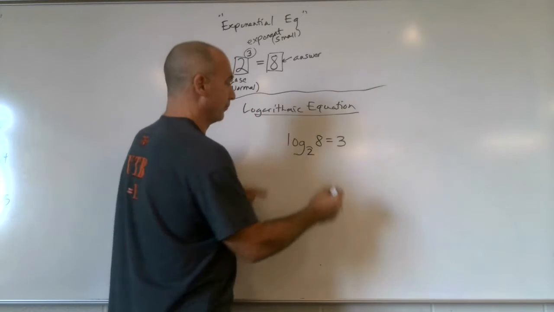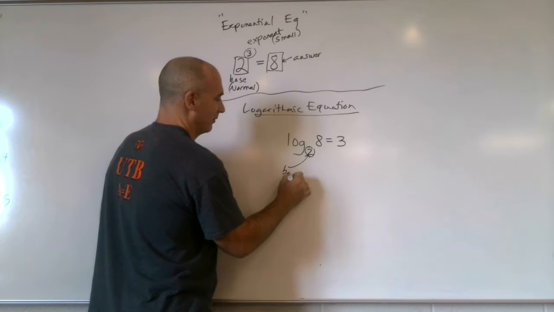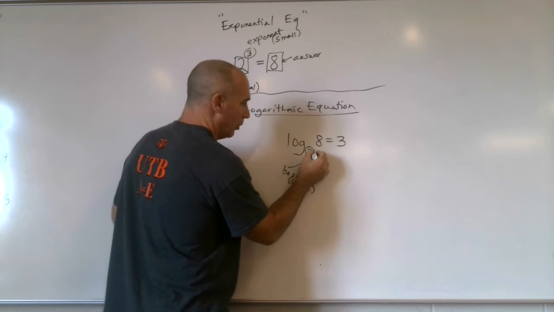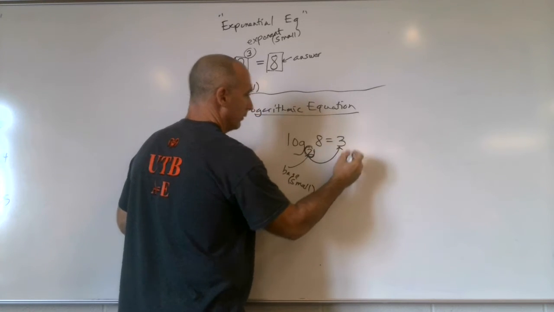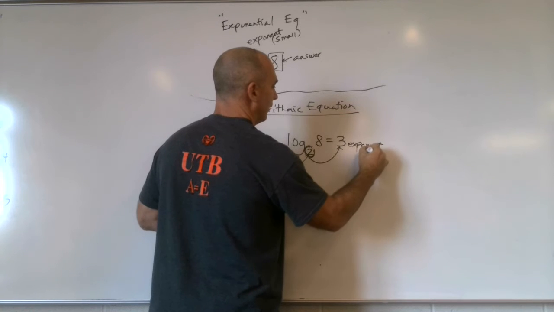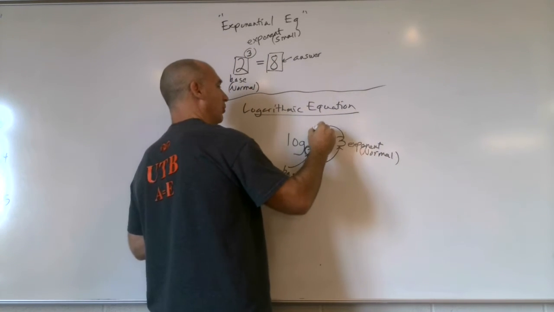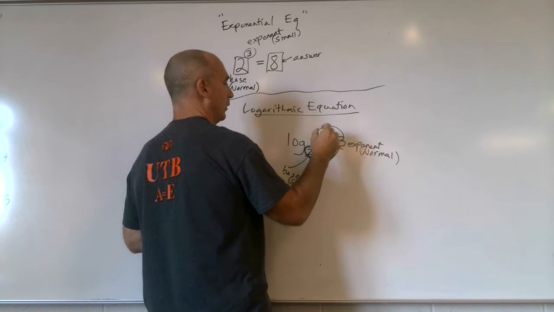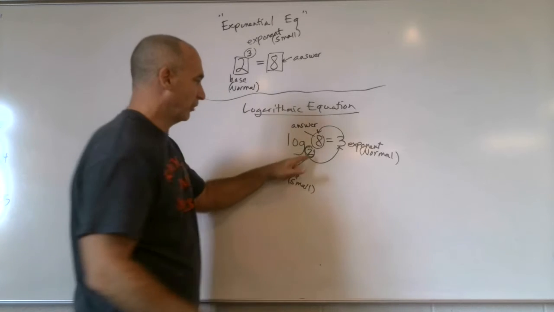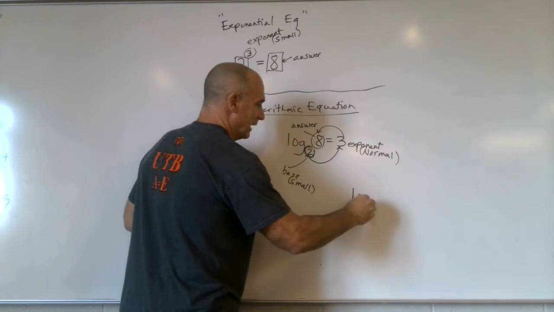Here are the rules. See how this right here is the base, but it's written small. Then you go from here to here. This is the exponent, and it is written normal size. And then you go to here, and this is what I refer to as the answer. So you start here and you say 2 cubed is 8. So if I went like this,